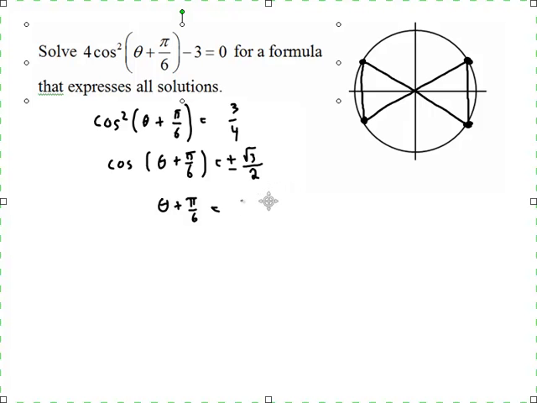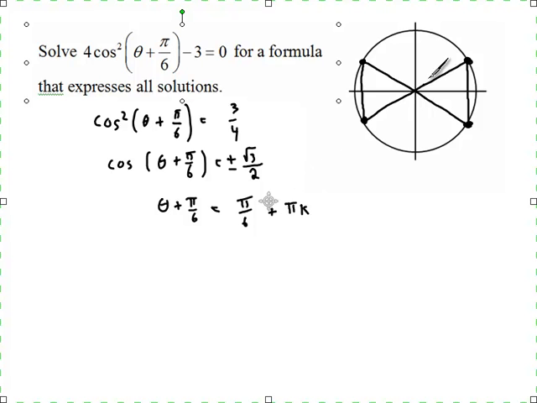And normally, I would write all 4 of these, and then I would add 1 period, or I should say k times a period to each of them. But when I look at this, I notice that there's some symmetry. In particular, if I go between this angle up here and this one down here, I can always get from one to the other by adding pi, again and again and again. So these 2 solutions could be combined by starting at pi over 6 and adding any number of pi's,